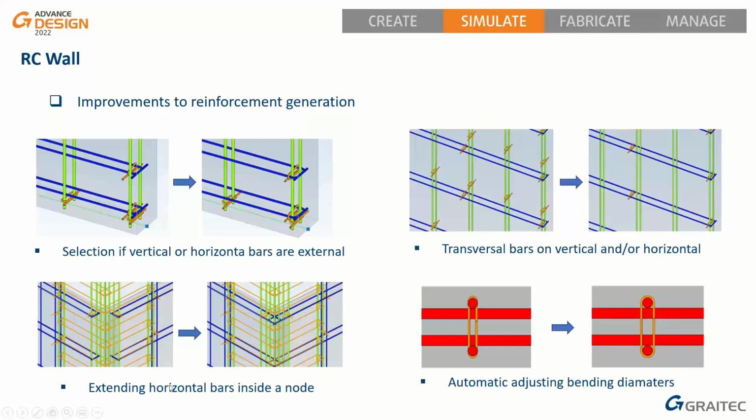We can decide if we want to extend horizontal bars inside a node. Of course, it's the case when we have a group of walls, for example 2 walls, and there is a node. And if the longitudinal bars are extended into the node, that's a new option. Or for small cases, if the default bending diameter of transversal bars is too small, it can be automatically adjusted to correctly cover the longitudinal bars with bigger diameters. So there are examples of small options on the left and on the right, related to reinforcement generation for